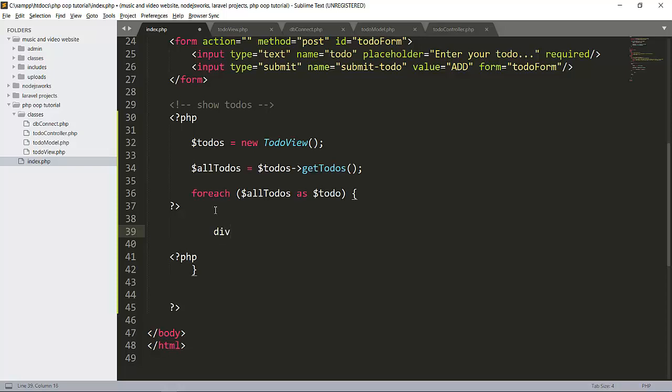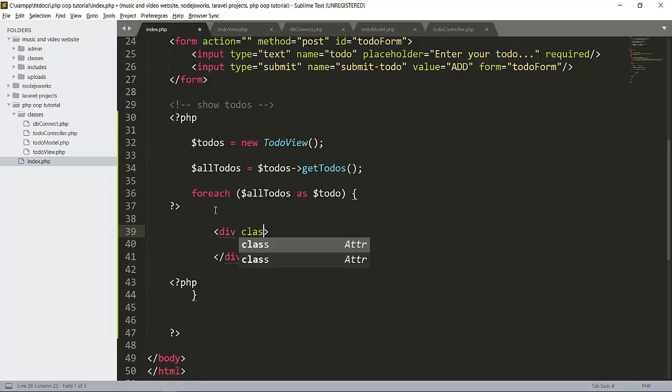Here the class will be todo. Then now here will be an h1 tag. In the h1 tag there will be our PHP tag here.